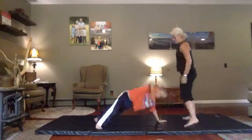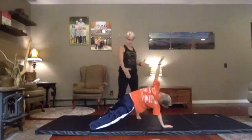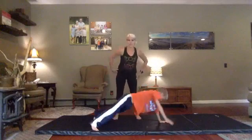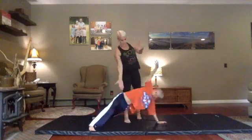Twist and reach. Go ahead and look at that hand. Keep on. Nice and slow. Hips stay forward. Keep going. Great job. His body's staying nice and straight. He's not pushing his hips back like this and just turning kind of lazy. He's pushing those hips forward,